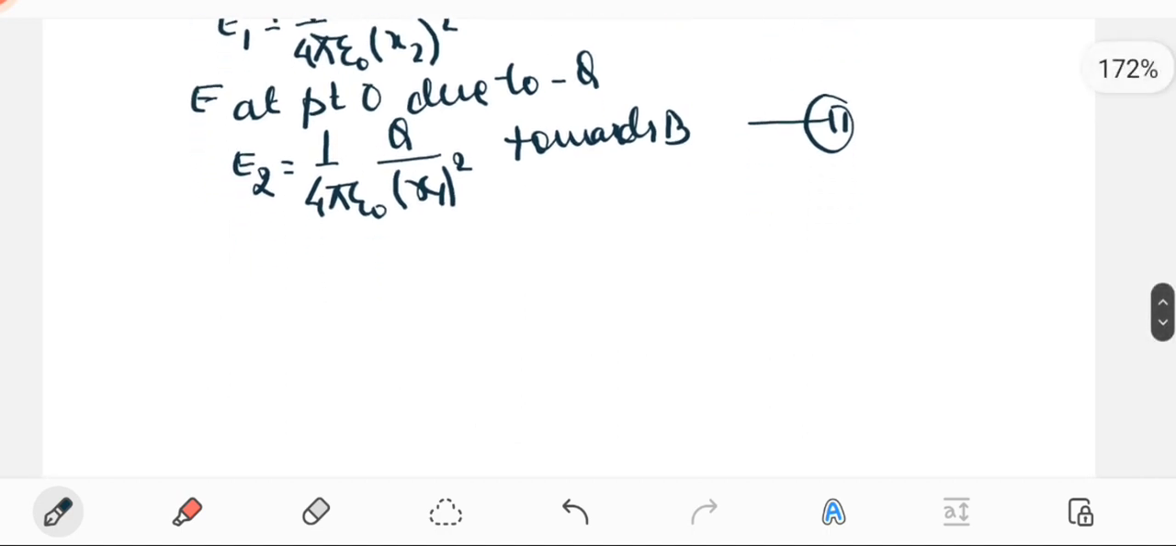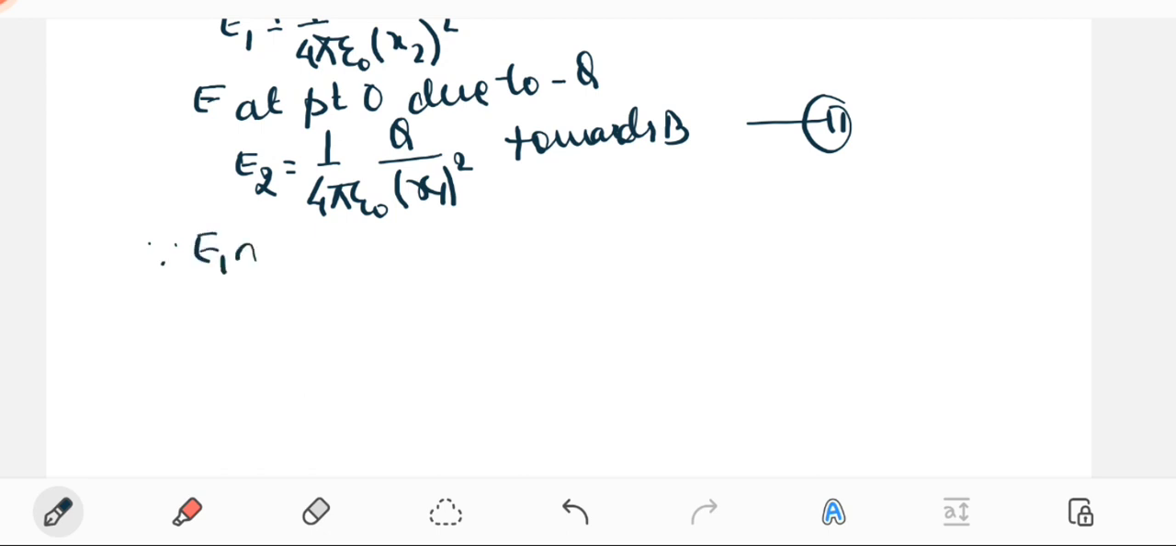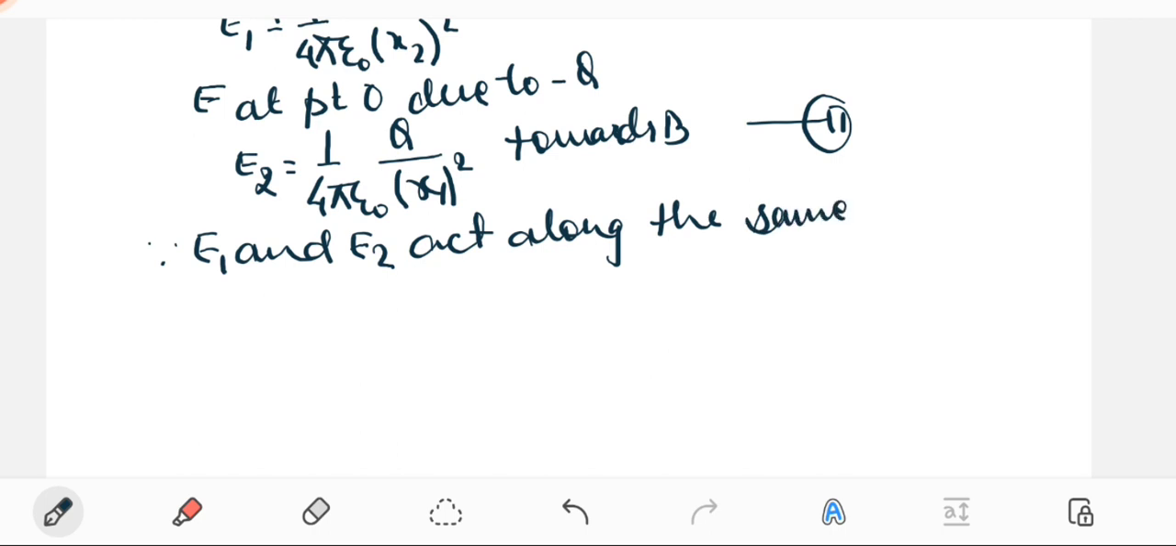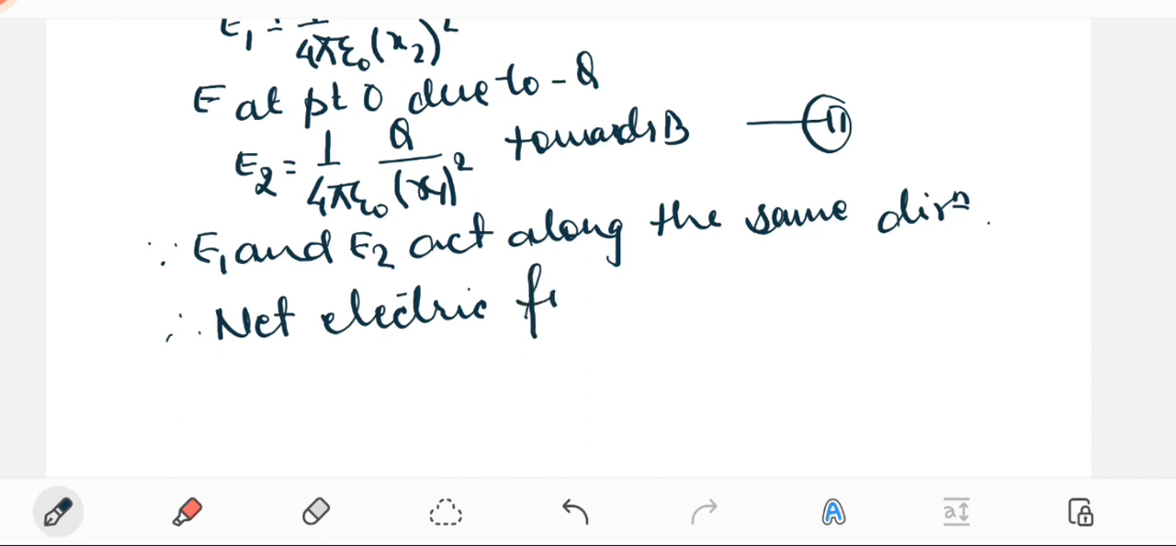Now for the net electric field, why are we taking it towards B? Because E1 and E2 act along the same direction. Therefore the net electric field intensity